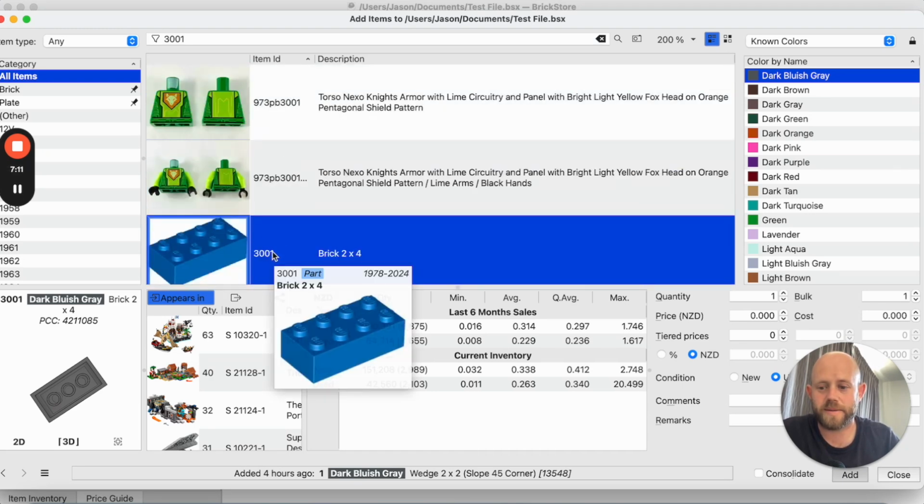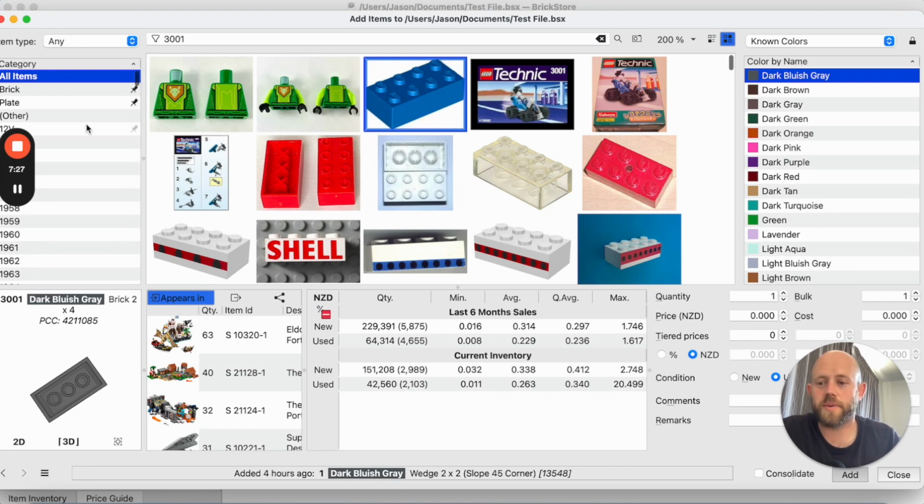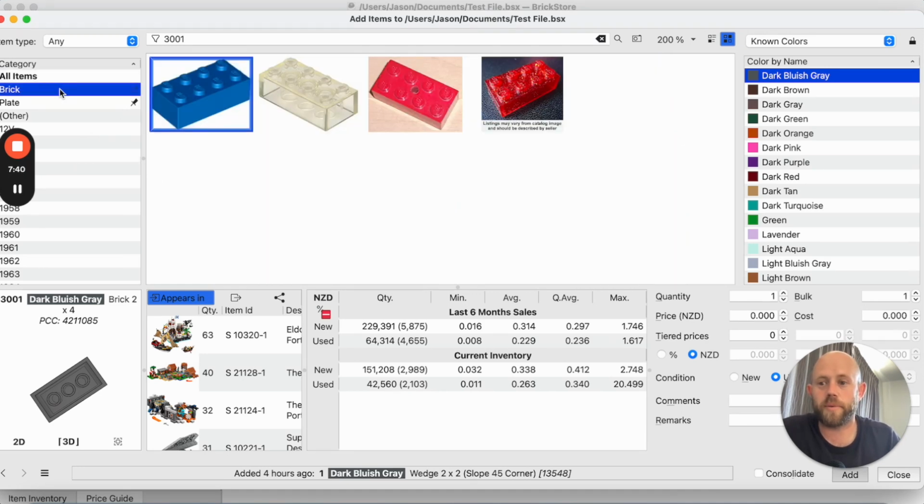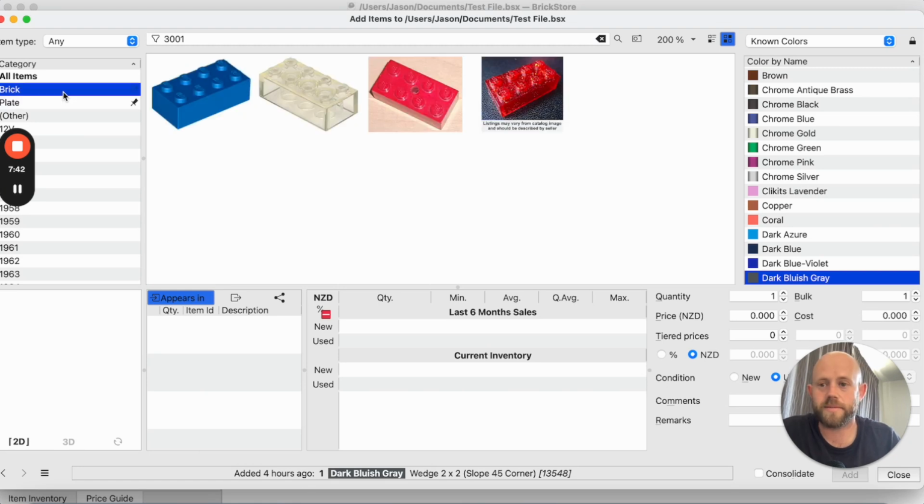number nice and quickly. You'll see on the left hand side here as well a range of categories to select from. This is particularly helpful if you know the type of part that you're wanting, for example slopes or tiles, and you can also see that you can pin these ones here by clicking on the little pin icon. We've got brick and plate stored here. Again, if we're looking for a 2x4 brick, it's going to help us identify that part a lot quicker by